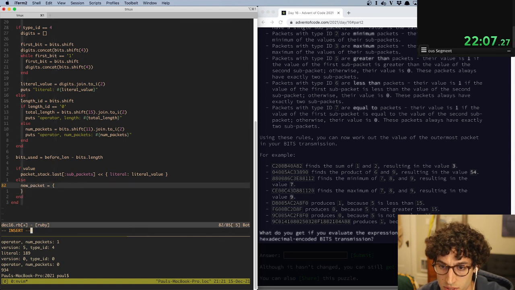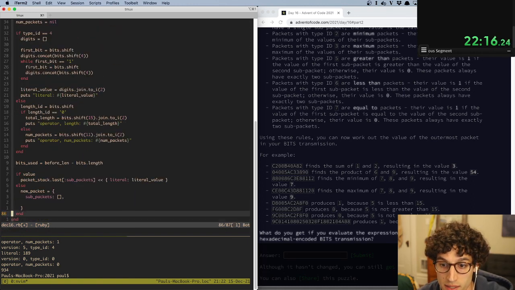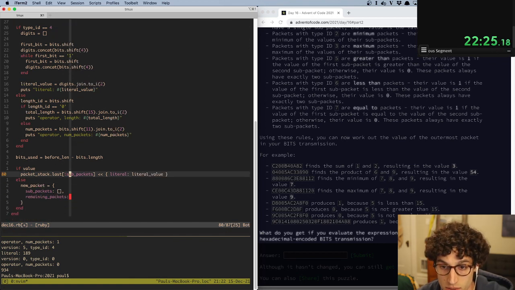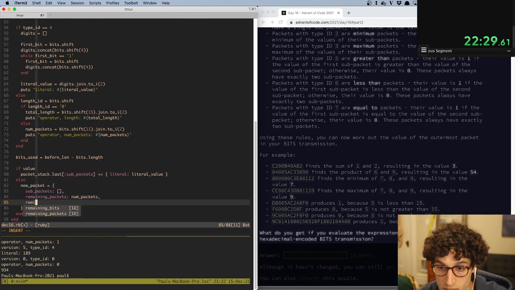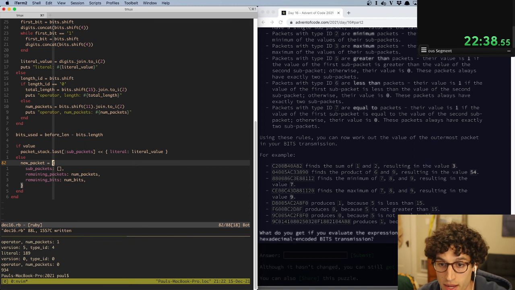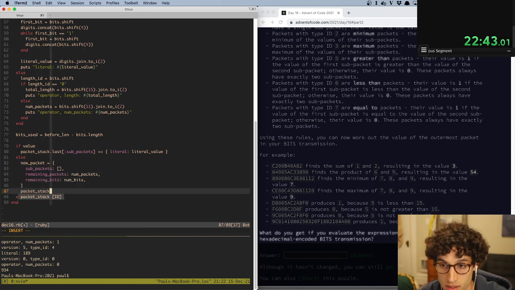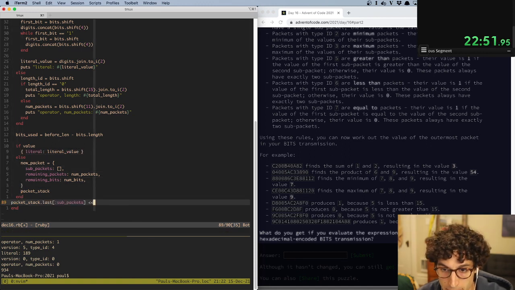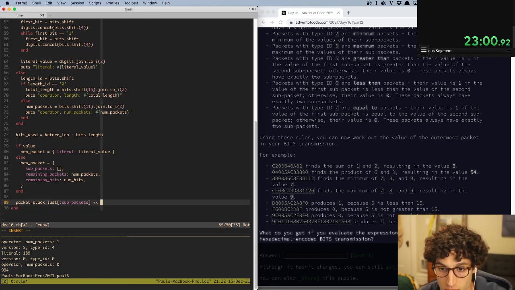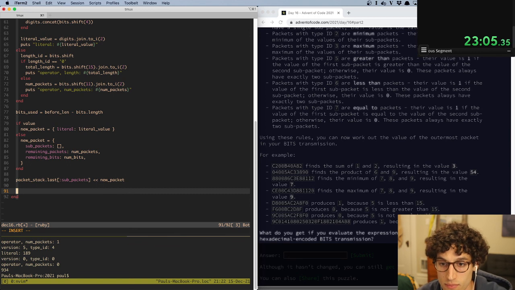new packet equals subpackets, and then what do I call it? Remaining packets, remaining bits. Remaining packets is num packets and total length. Num packets, remaining bits, num bits. Okay, so then we need to add the new packet, packet stack. Oh, wait. Shh. New packet equals that. New packet. Packet stack